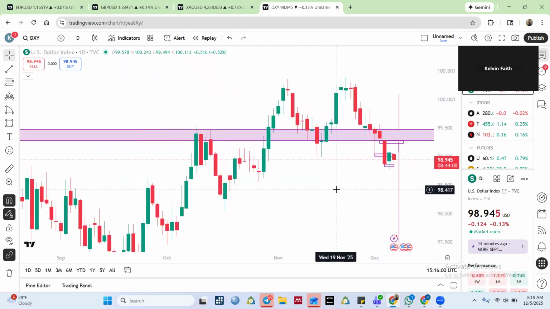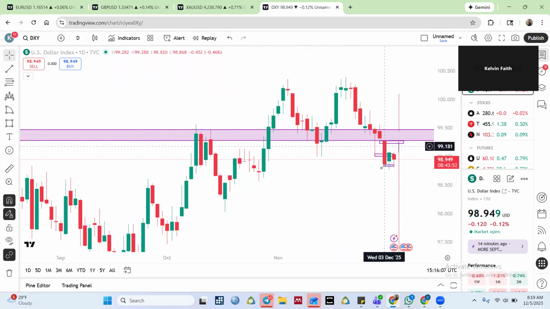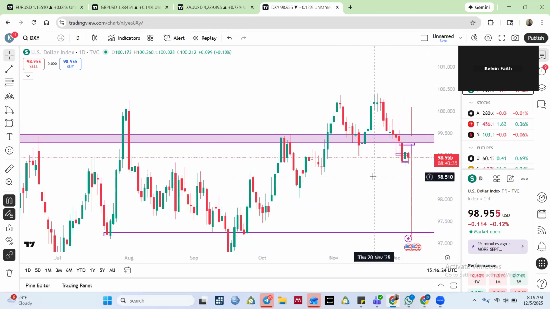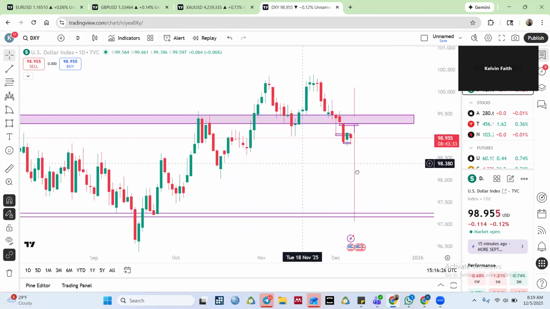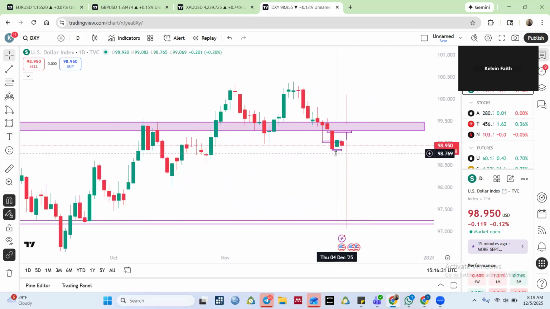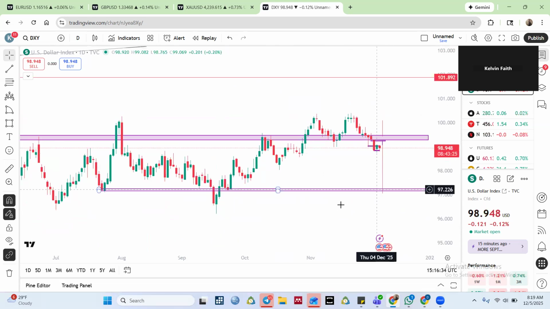But I know that the buyers here have been taken out, as per this current bearish candle. Therefore, there is selling activity, or sellers are very strong and active at this place. So that is what I know. That is one thing that I want us to look at on this DXY.